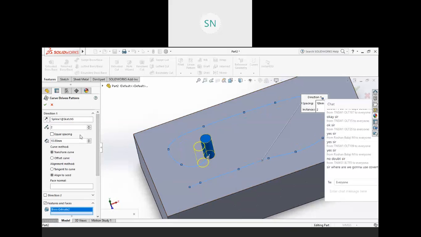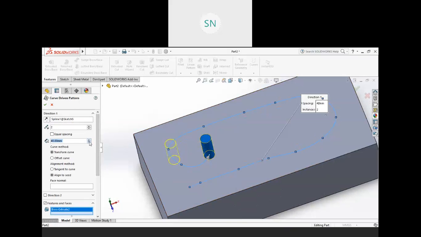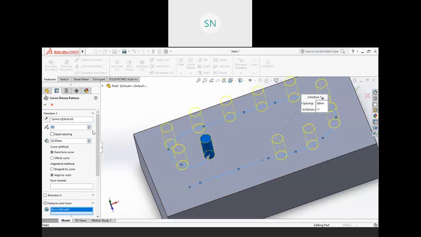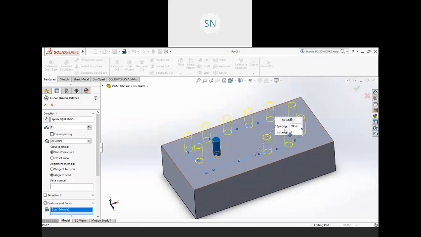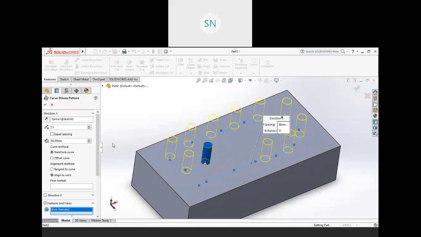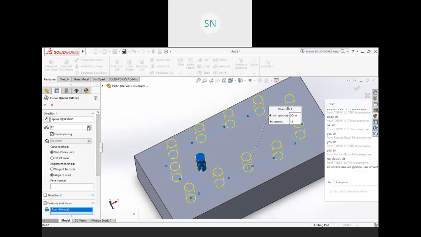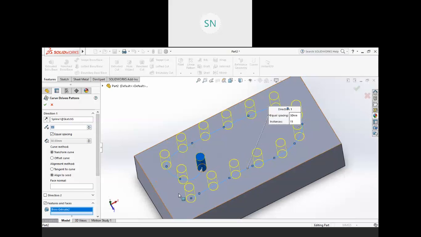Now the gap you can adjust from here, and the number of copies. But if you want to divide this line equally, then we have the equal spacing option. If you click on equal spacing, it will spread all around the curve equally. Let's say I want 15 copies, so it will divide that line equally with 15 copies.